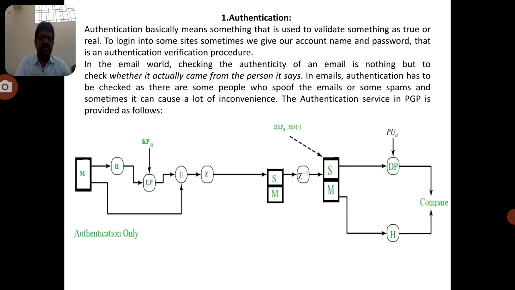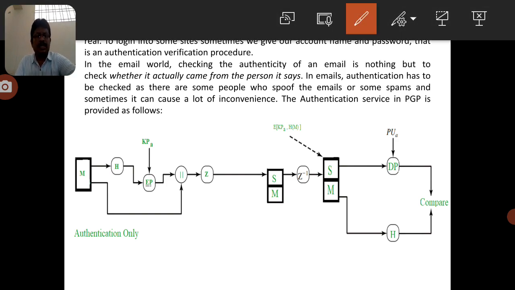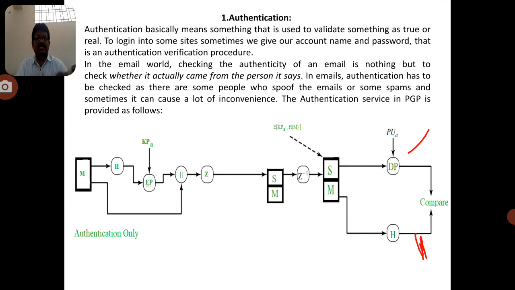So that's why immediately the Z inverse is applied to S, and it reveals the S dash message and M1. And now we apply public key decryption with the public key of the sender. Then the message is revealed, and finally the hash function is applied to the M message in the decryption. Now we can compare H of M. You can observe this is H of M and this is also H of M. If both H of M messages are equal, then it is provided as its authenticator.